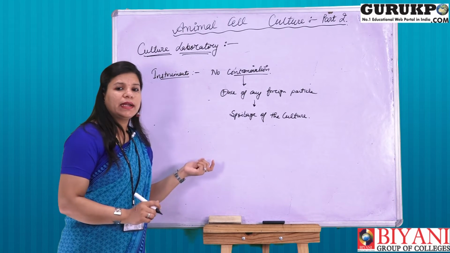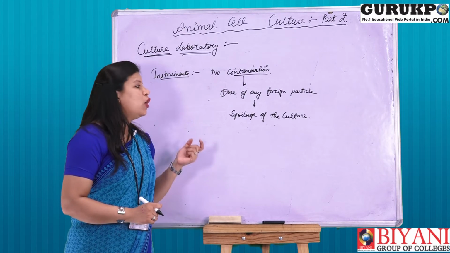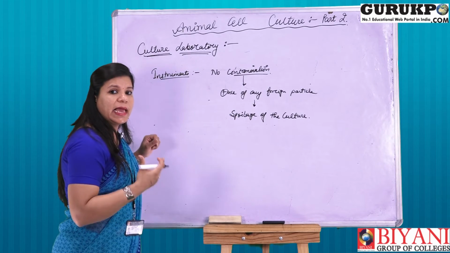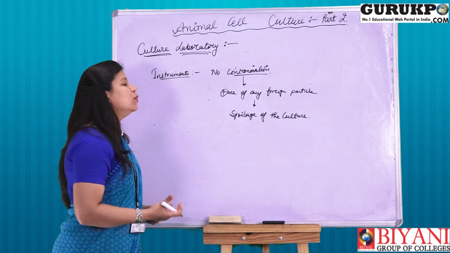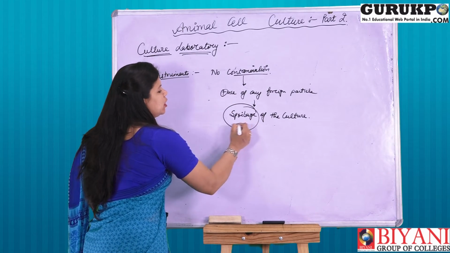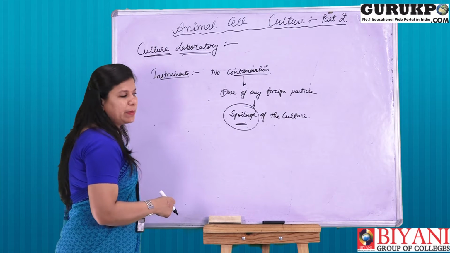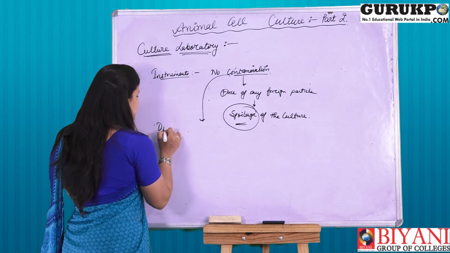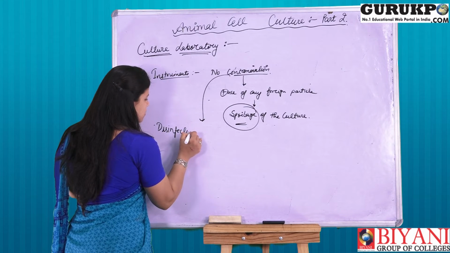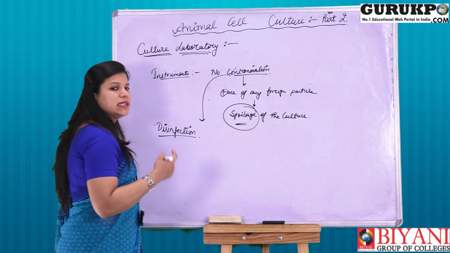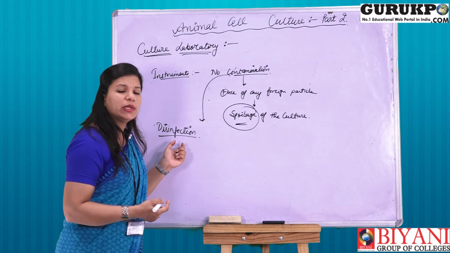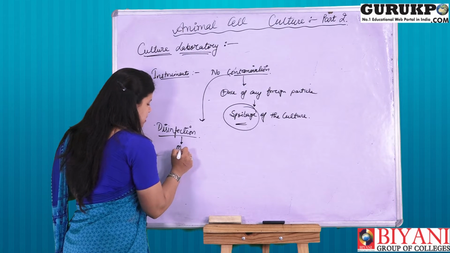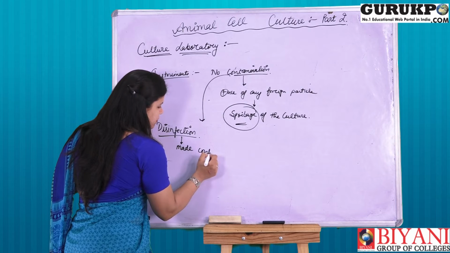It can be any foreign particle, any bacteria, virus or fungus, or any other kind of antigen, toxin, drug, or harmful chemical which is responsible for spoilage of the particular culture which we are performing in the laboratory. So in order to avoid contamination, what we have to do is disinfection. Okay, what is disinfection now? Disinfection is the phenomenon in which the non-living areas are made contaminant free.